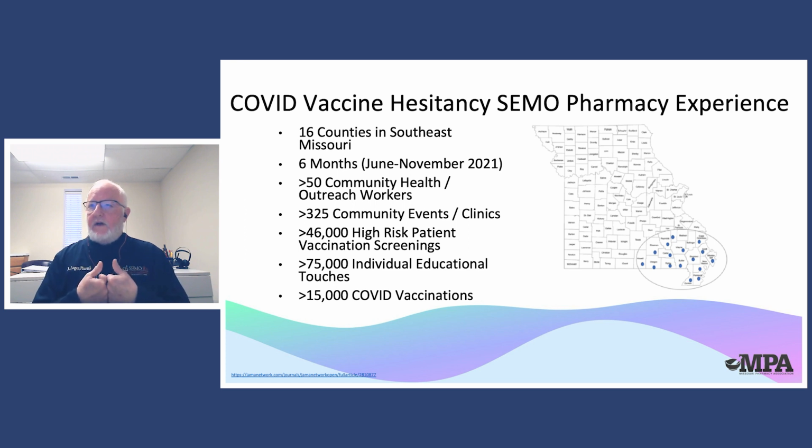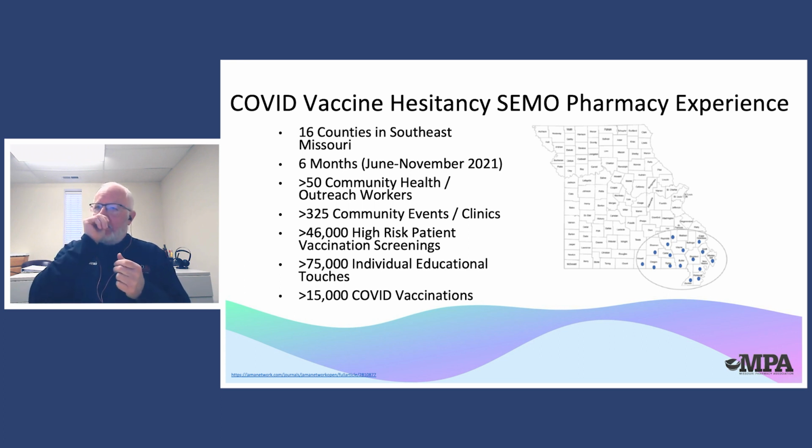The pharmacists developed a cold chain of distribution so we could distribute the Pfizer vaccine across these 16 counties. We had our pharmacy community health workers support our clinical outreach efforts. There were over 50 other community health outreach workers engaged throughout the 16 county area to work in conjunction with our pharmacists and our pharmacy CHWs, to provide over 325 community